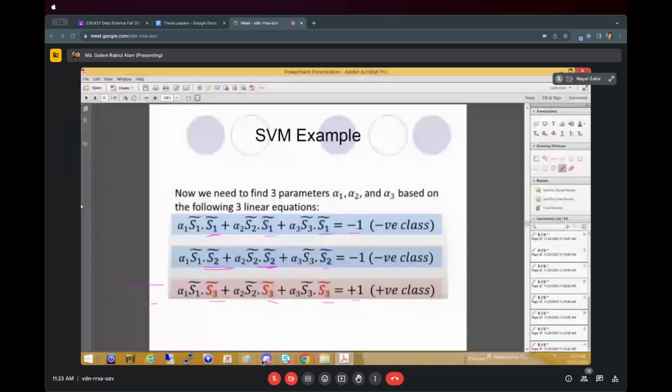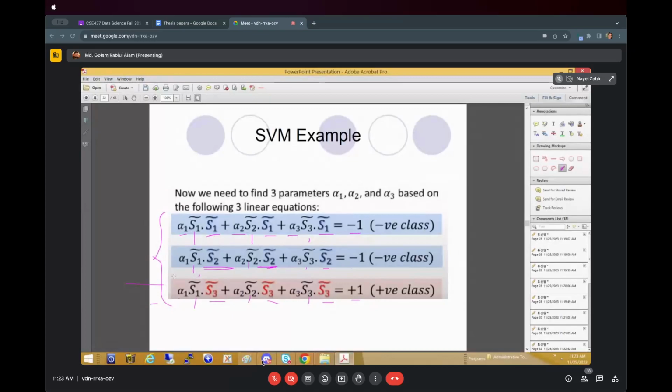Here is S1, here is S2, and here is S3. And here is also S1, S2, and S3. And here with S1 we have to consider alpha 1, with S2 we have to consider alpha 2, and with S3 we have to consider alpha 3. But how we got these equations, we have discussed in the Lagrangian optimization